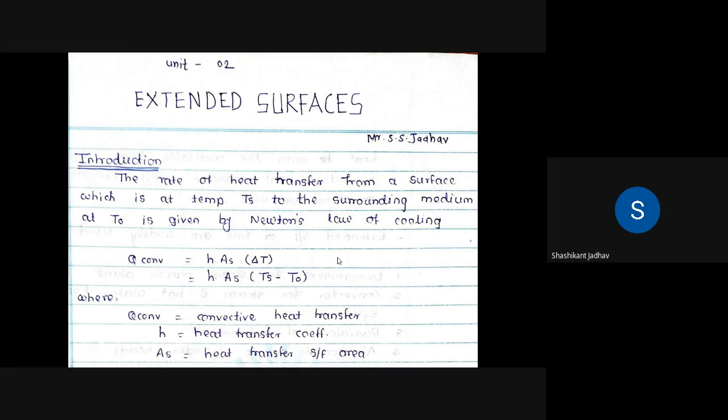So for that we have to use different fins on those surfaces, so that the surface area will be improved and the heat transfer rate also increases. Okay, so write down this: Q convection is convective heat transfer, H is the heat transfer coefficient, and As is the